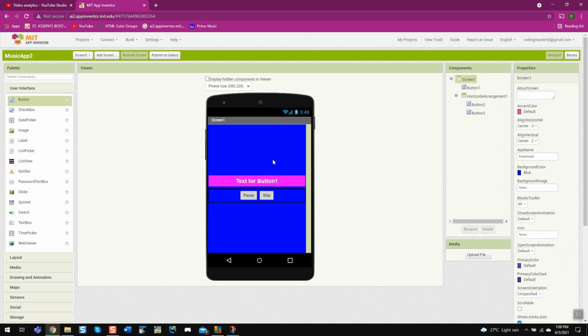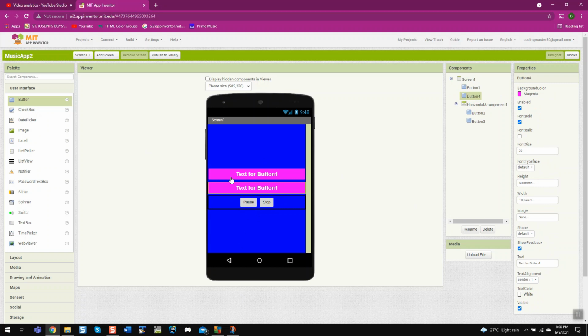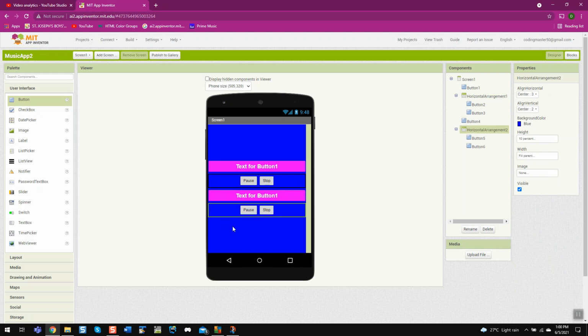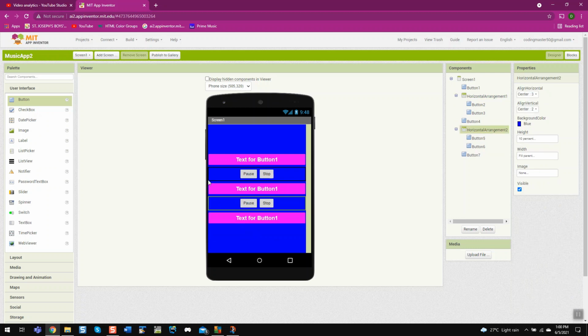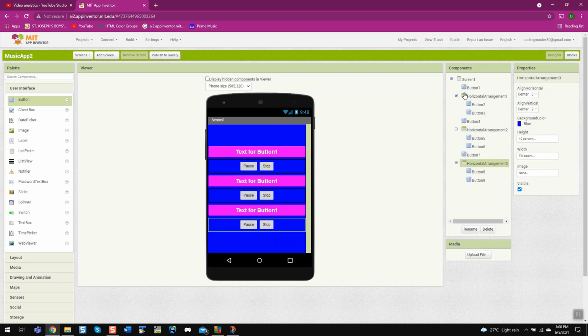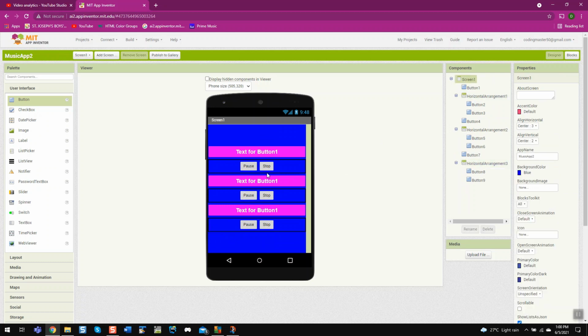And then it will take a lot of time if we put the buttons again, so for the horizontal arrangement, just copy paste it. We need to just copy paste it. Control C, Control V, or Command C and Command V. And then do this one more time, and this is finished. Now check here if it's correct, because sometimes it will be jumbled up. Instead of this becoming button 9, this becomes button 1, so it will cause confusion. So it needs to be like this: 2, 3, 4, 5, 6, 7, 8 and 9. So this is exactly correct.